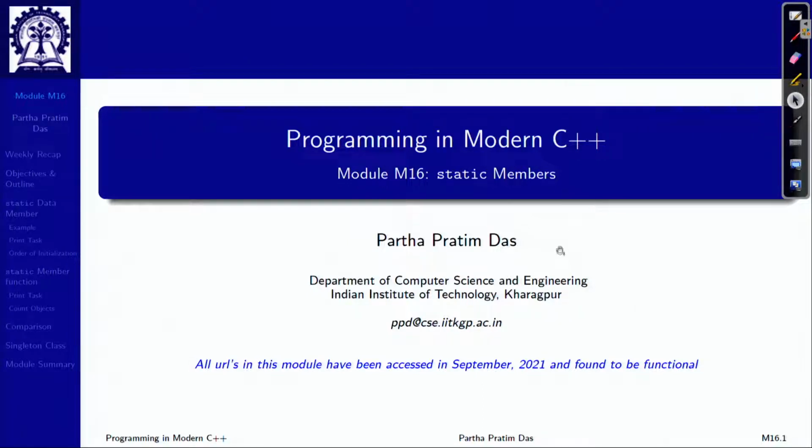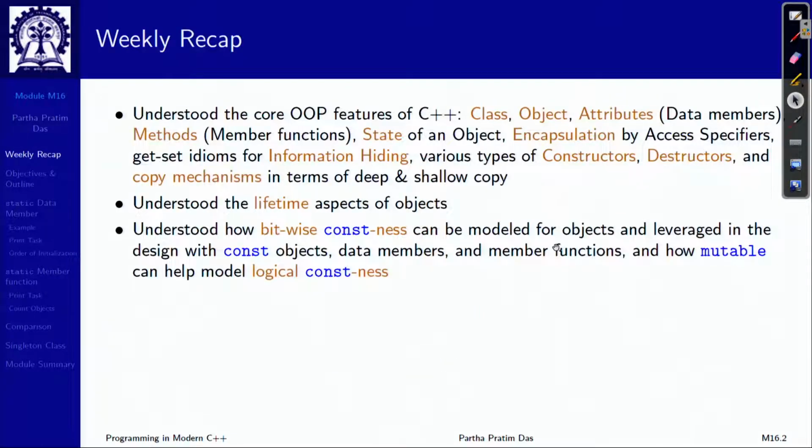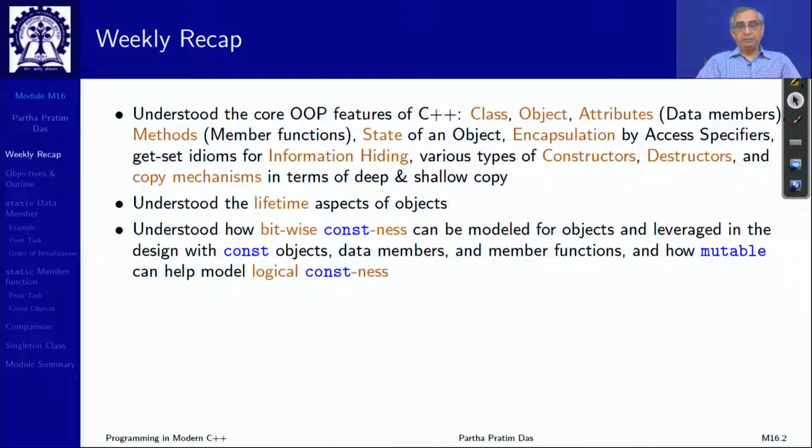Welcome to Programming in Modern C++. We are in week 4 and starting module 16. We have in the last week covered a major part of the core object oriented programming features of C++, including what is a class, what is its instance object, attributes, data members, methods or member functions, what is meant by the state of an object, encapsulation by private and public access specifiers, how to create properly designed information hiding structure by using get set idioms,